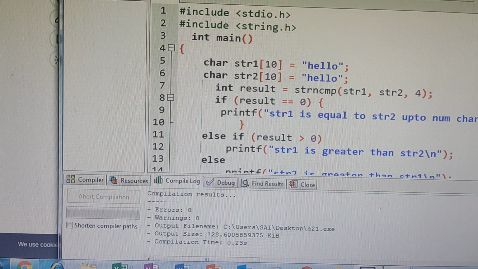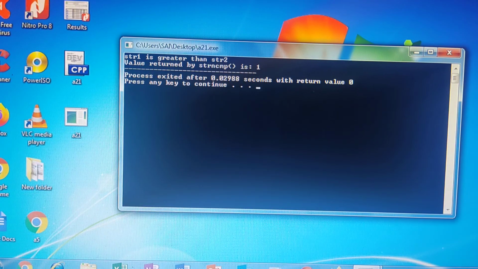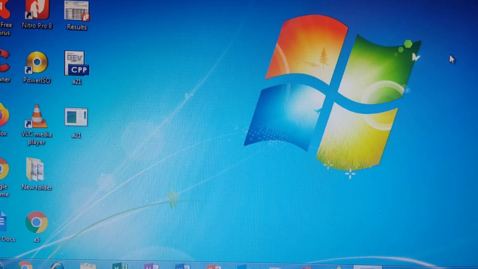Different string manipulation functions were explained already. One is string concatenation, which is used to add two strings. The string length function is used to find the length of the string, how many characters are there in the string. Next, resize, which is used to change the size of the string. Like this, we have a number of functions for strings. Generally only the commonly used functions I have explained.